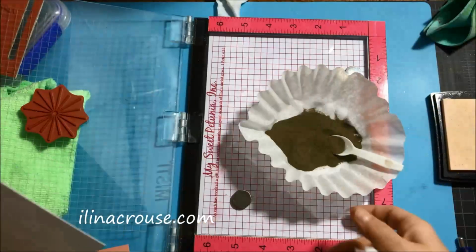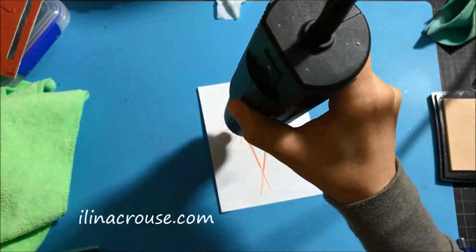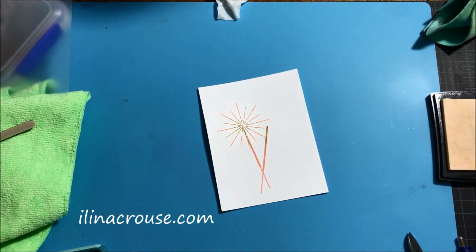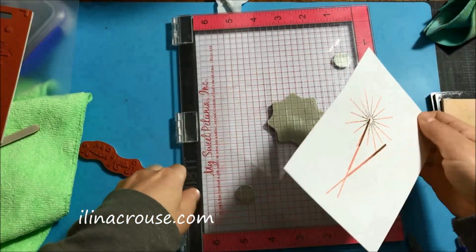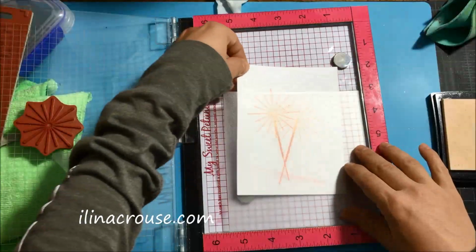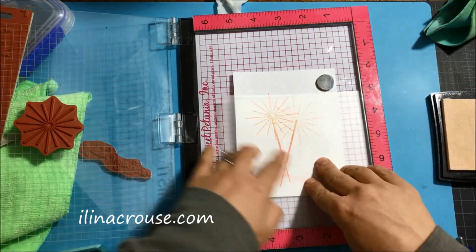So I'm just cleaning the stray embossing powder particles from around. Now I've zapped it with my heat gun, and embossing powder melted. So next I was trying to see how the sentiment will look. Next I'm positioning the sparkle over the second image,